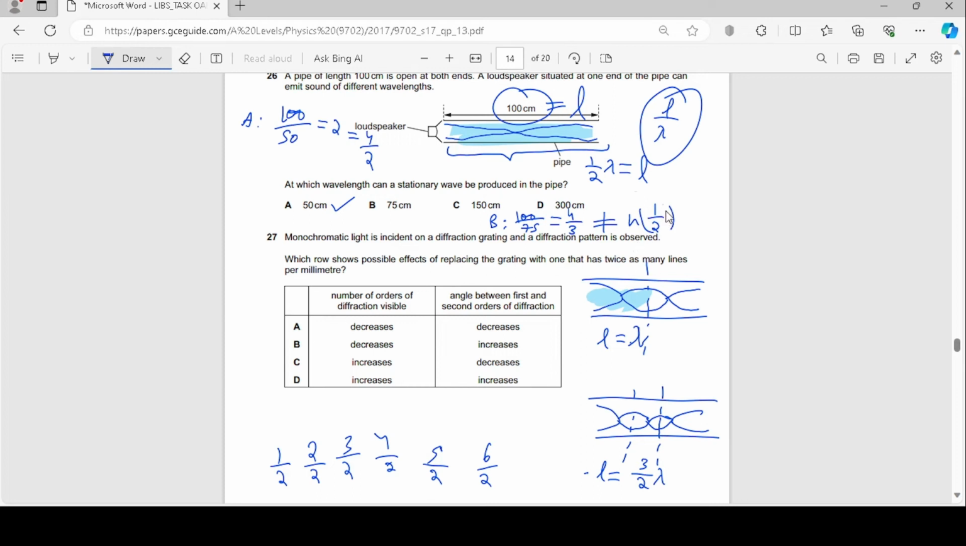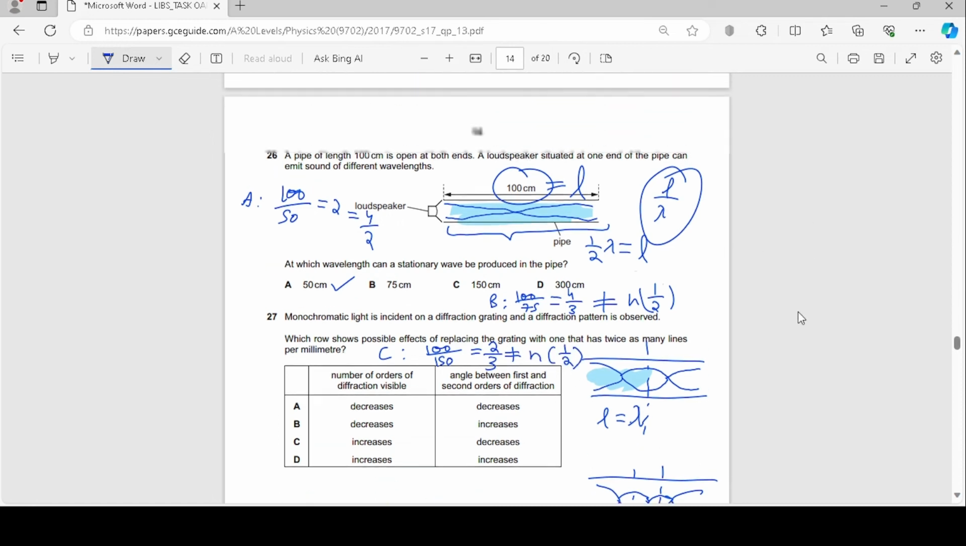N times half, I mean, N being a whole number. Okay, and then for C, we have 100 over 150 as the ratio, and that is going to be 2 over 3, which is not a multiple of half. As for D,